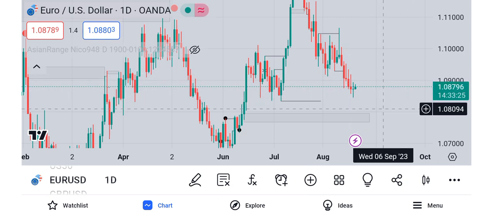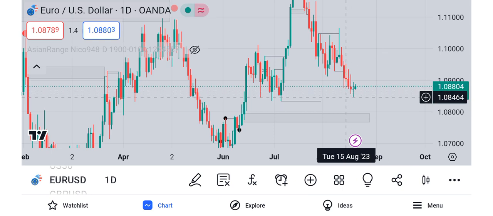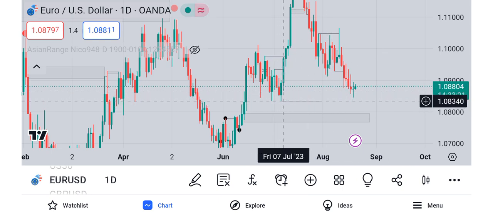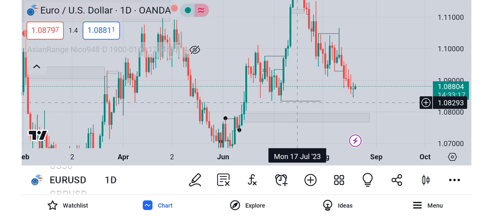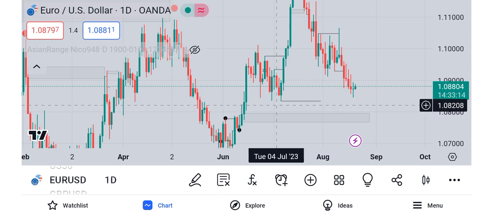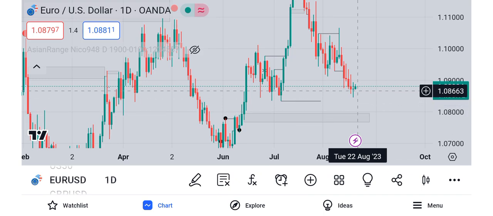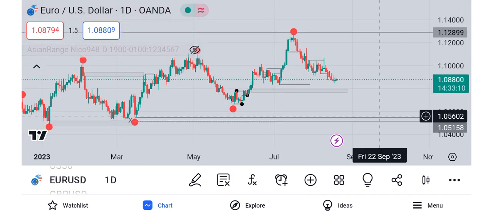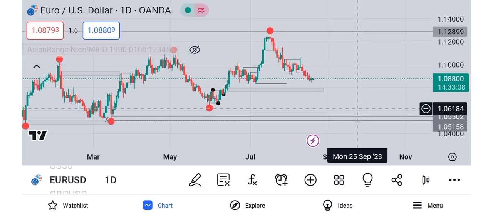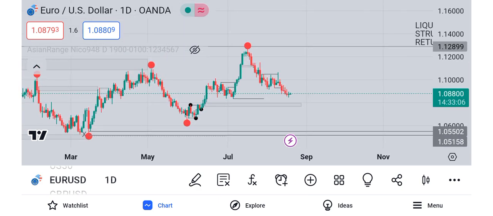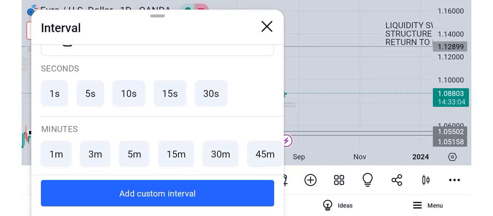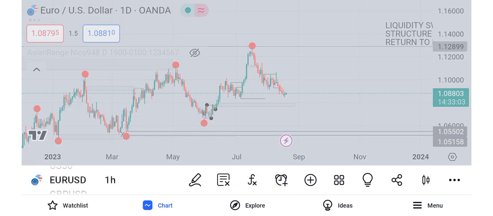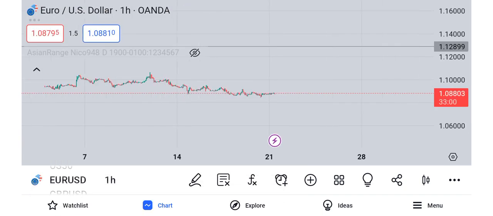So my anticipation on this daily time frame is still active and unfulfilled. Price taking out this, price mitigating the demand zone below this internal range liquidity, price doing what again? Price taking out the external range liquidity. So let's move to the 1 hour time frame to observe and see what's happening there.